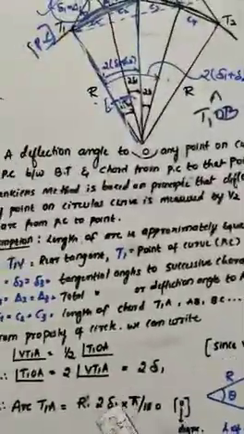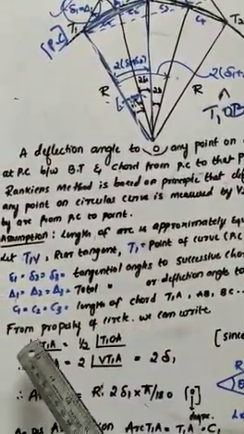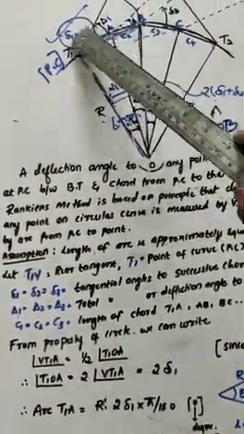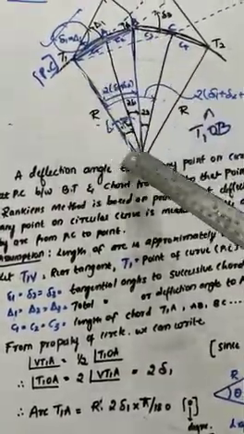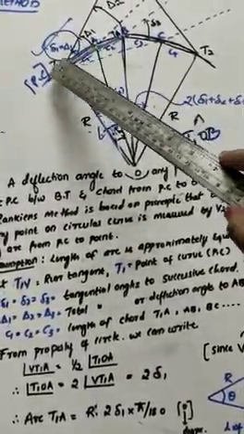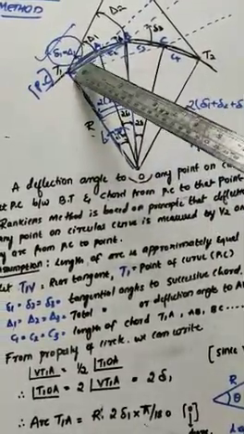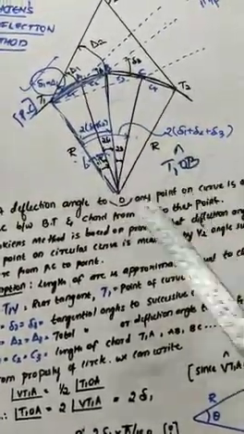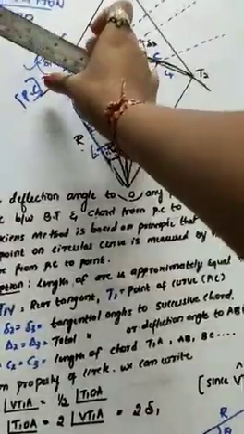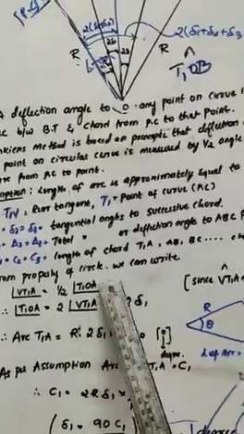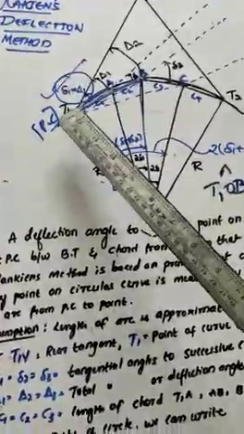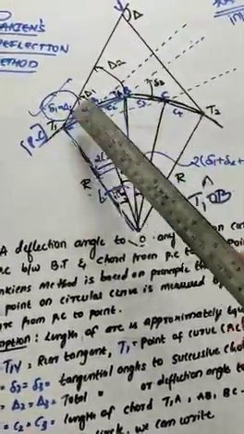So to write this, from the property of the circle, we know that the angle made on any circumference is half of the angle at the center, that is T1OA. That means this angle T1OA is twice the angle made on the circumference. That is written by rearranging. VT1A is half of this portion. According to the property of the circle, the same thing we have written here, but here it is VT1A because we are considering only the first chord.